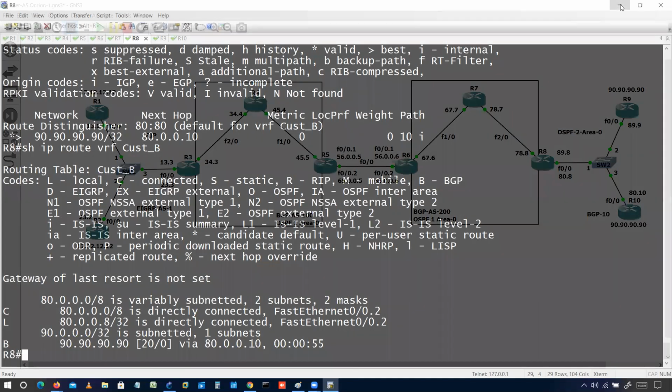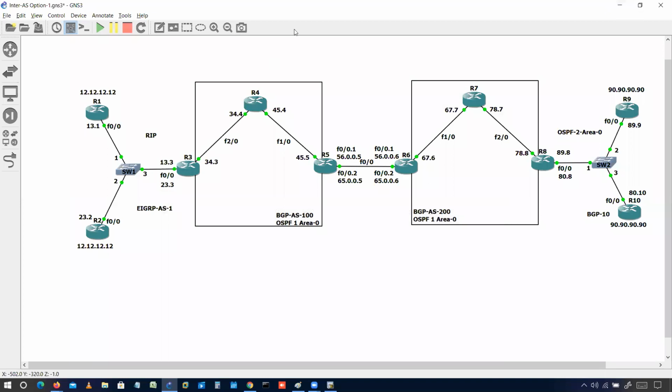So I'll just explain one more time. Till this point, we have routes in the VRF address family, right? Now what we have to do, we have to make sure those routes are available for BGP.